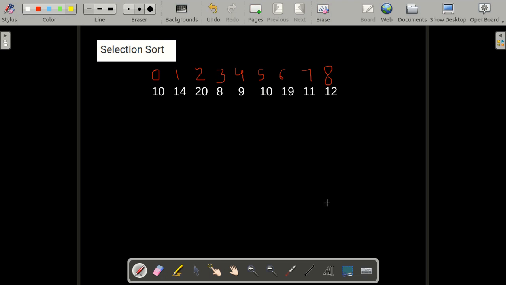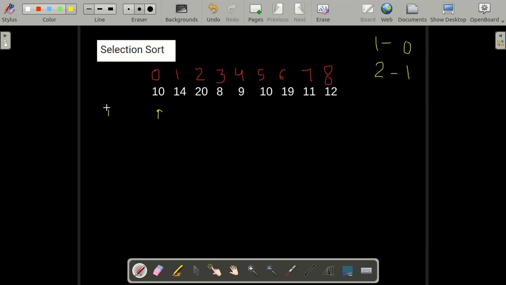So some key points for selection sort are that in the first pass we place our minimum element in the correct position. That is, in the first pass we make sure that our 0th index has the correct element. In the second pass we make sure that the first index has the correct element, and so on. Now first we assume that our first element is already sorted.